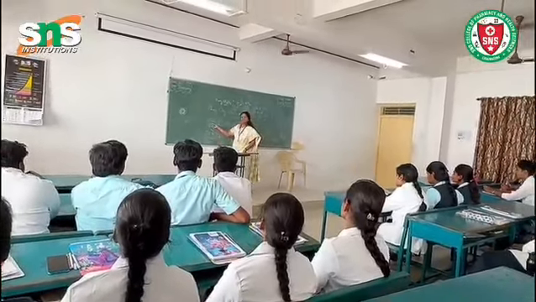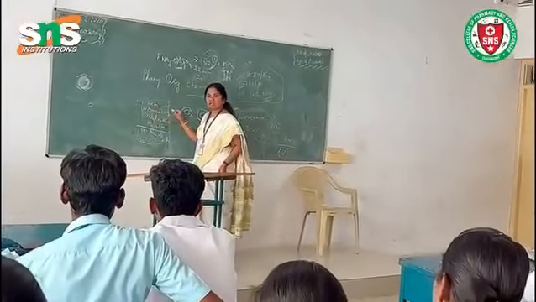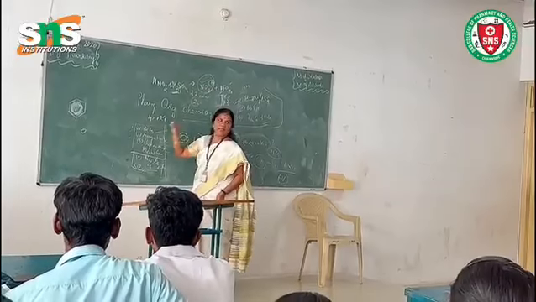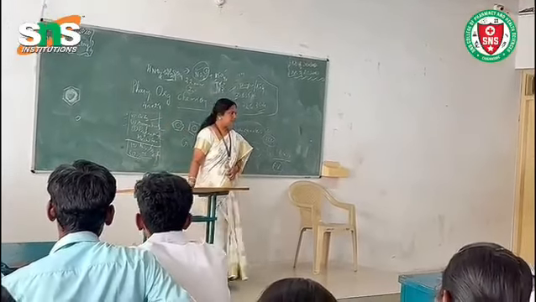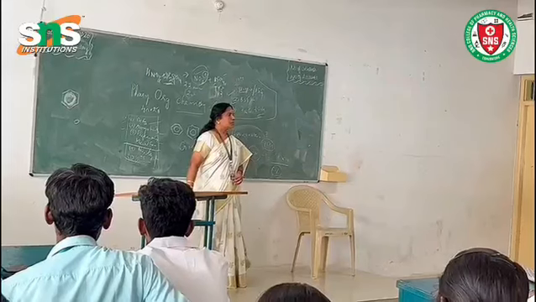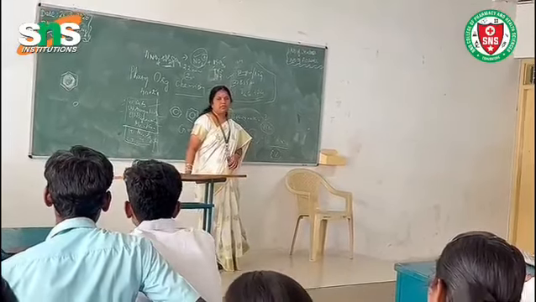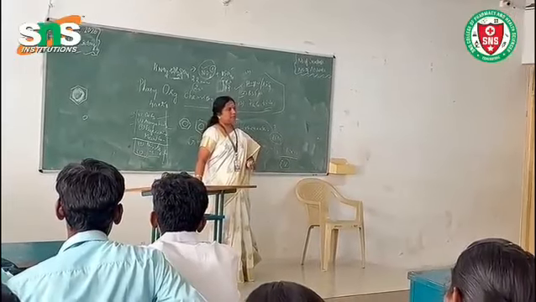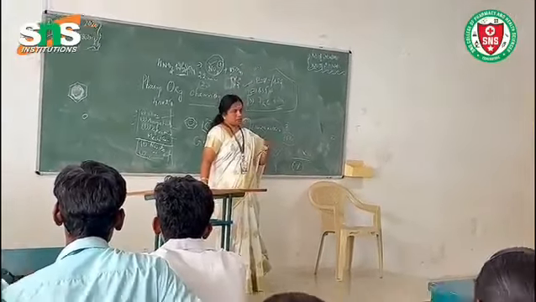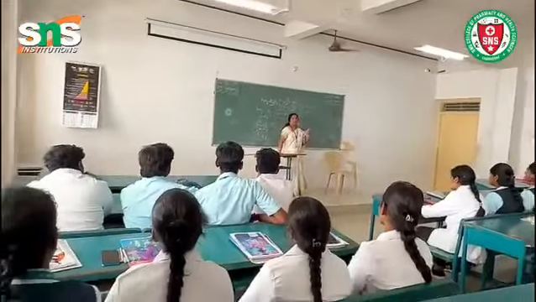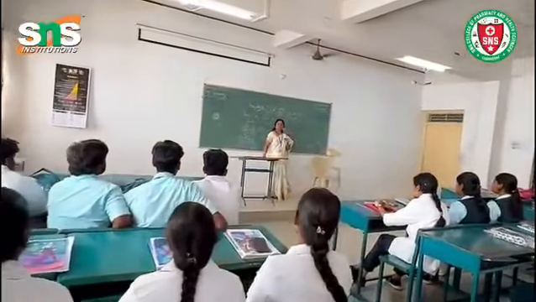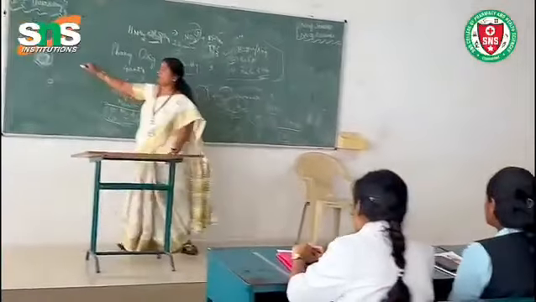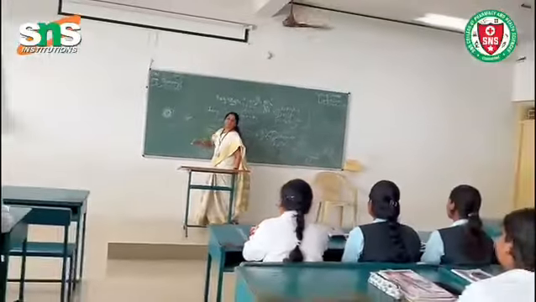Okay. Even though it is a 10 mark question, they have not asked you to explain the 4n plus 2 pi electron rule. What is that rule? The 4n plus 2 pi electron rule. Okay. So this is how you have to make yourself comfortable and also tell the evaluator that I know these steps clearly. Okay. So how will you impress? If you get the first 10 out of 10, then the teacher